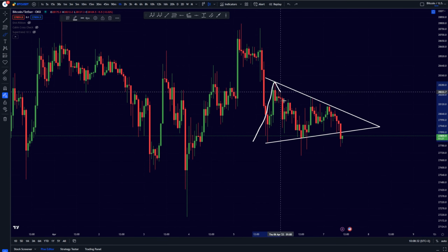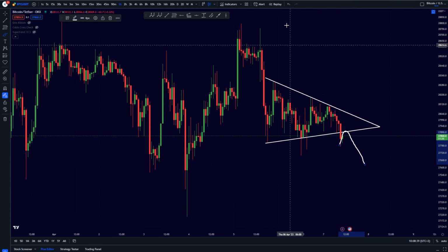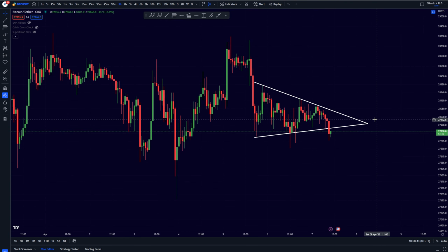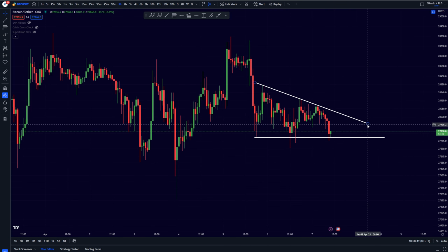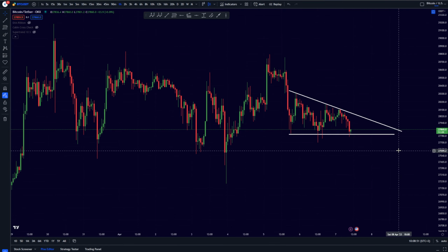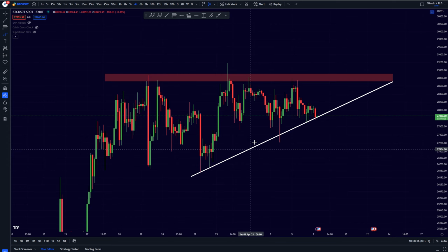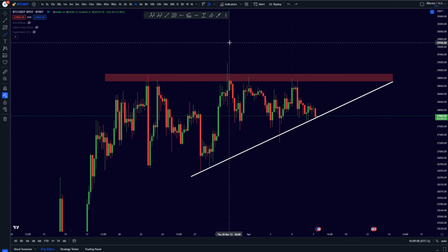And of this smaller 1 hour triangle, yes, we are seeing our breakdown with maybe a potential retest, and that might be indicating that we are actually headed lower. Now, of course, this is a very low time frame pattern, so we can easily draw this one a bit different, like maybe a descending triangle, and in this case, we are not yet getting our breakdown. So I would still be watching this pattern right here for the exact breakdown, and if we are going to be breaking this one down, then you might go ahead and place your short order